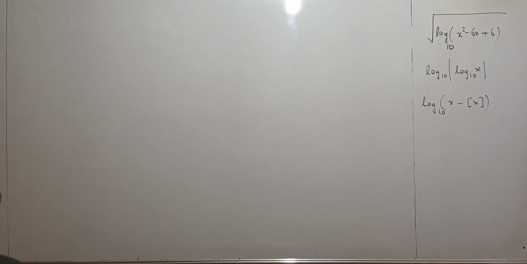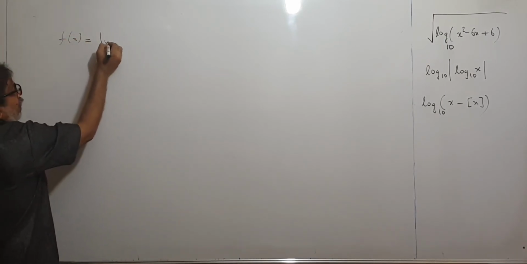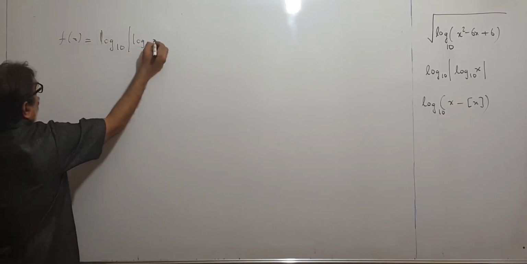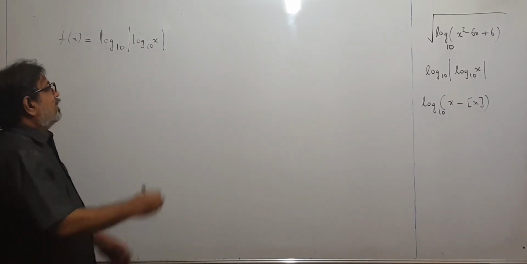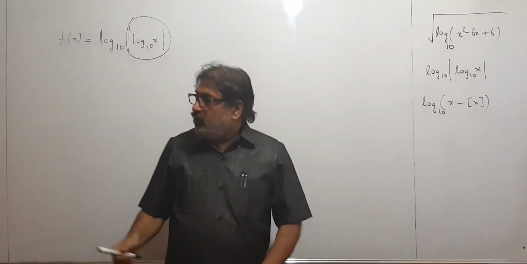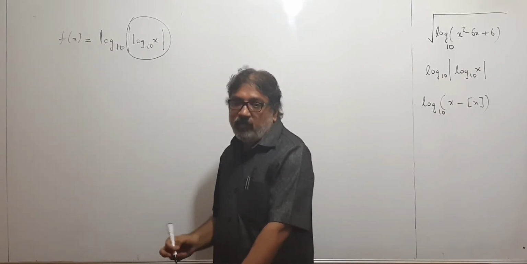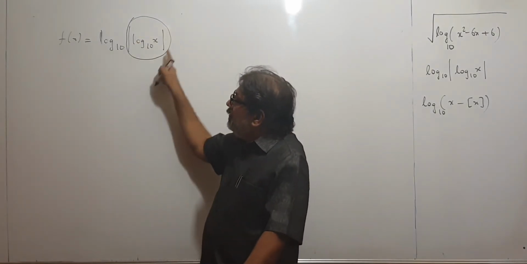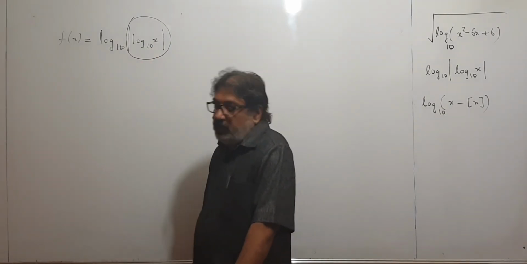See, next one is log mod x. So f(x) with me is log base 10 of mod log x to the base 10. Children, one thing is that this number should be positive for this log to exist. Now you would say there is a mod, that is already positive, why should we be concerned? See, mod x can be 0 also. If this number becomes 0, then log 0 will not exist. That means this number inside the log, log x, should not be 0.